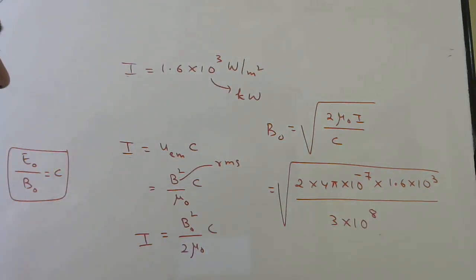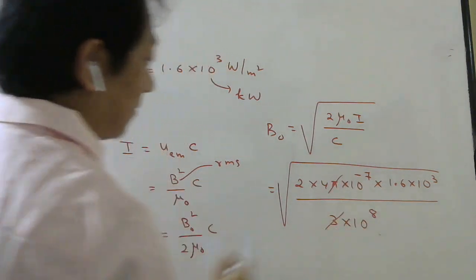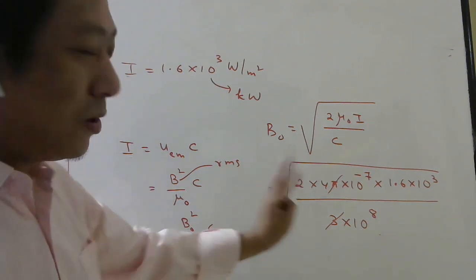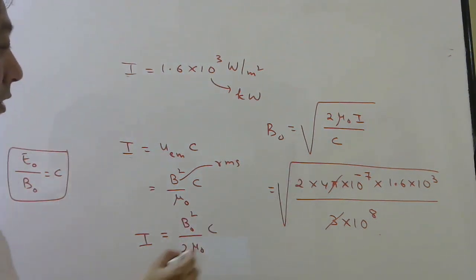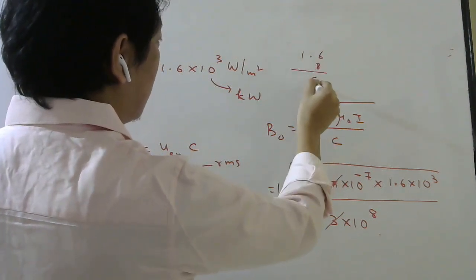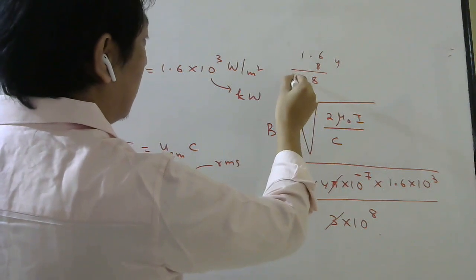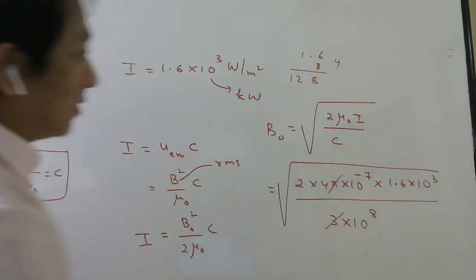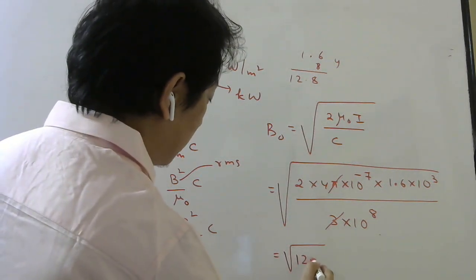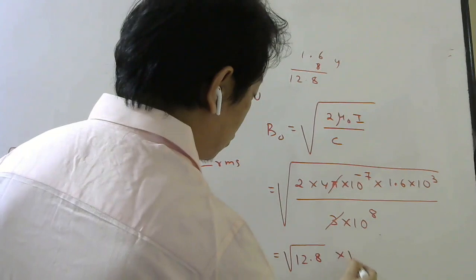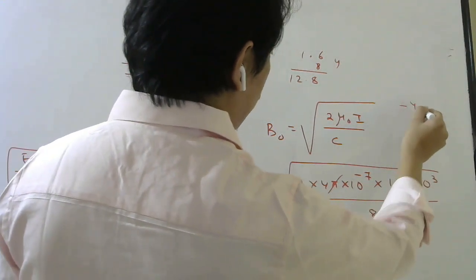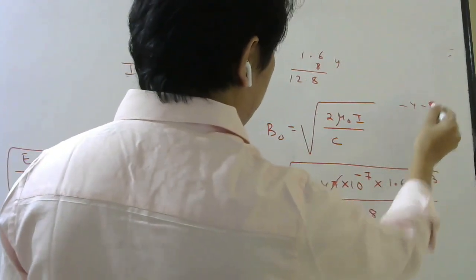Okay, so again I am tempted to cancel this pi and 3. Every time you may not be able to do this exactly, but let me do it approximately. Now this will be 2 4s are 8, so 1.6 into 8, 8 6s are 48, 8 4s are 32, carry 3, 8 1s are 8, 12. So 12.86, right? So this will give you square root of 12.8 into square root of what power? This is minus 7, this is 4, so minus 4. 8 will go up, minus 8, so minus 12.